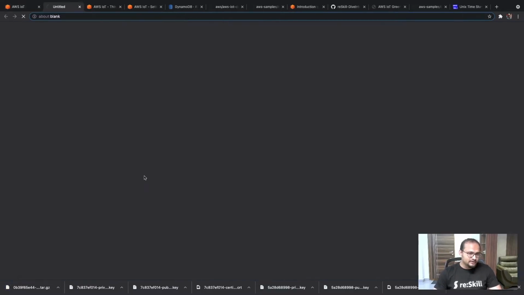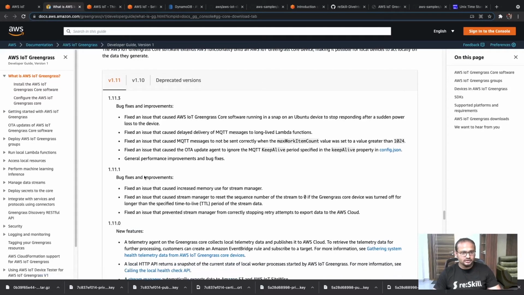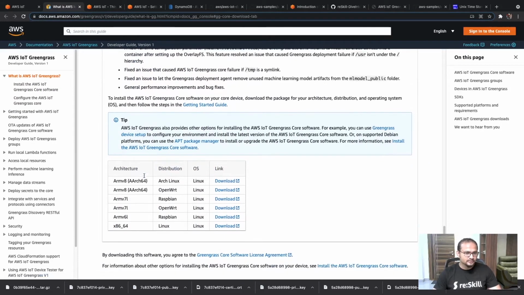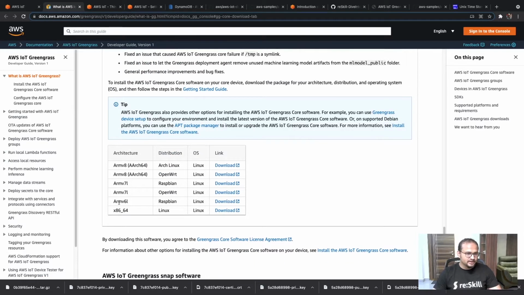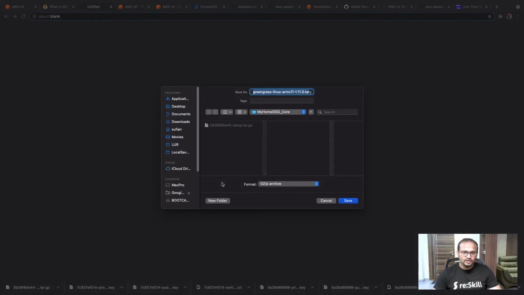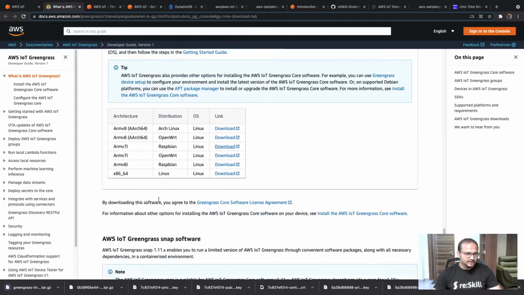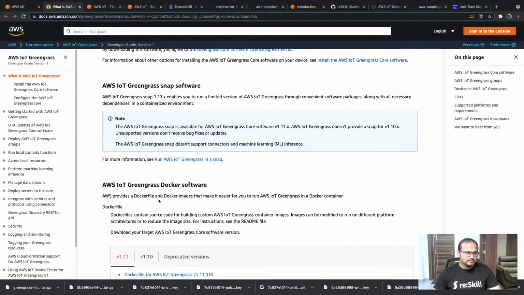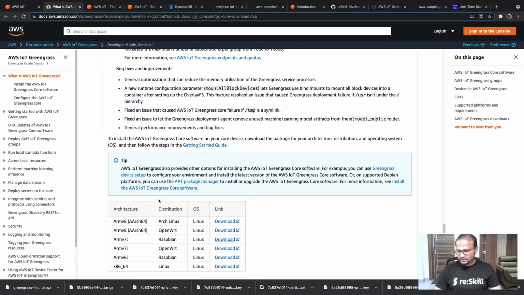And which platform are we going to use? Depending on whether it is Linux or Raspberry Pi or Docker, it gives us different software to install. So for Raspbian, we have ARMv7L, which is the latest one. So I'll click on downloading this one. Now I'll store it in the same place as where I have stored that setup.gz. So save it. Okay, that has got saved, the storing is done.